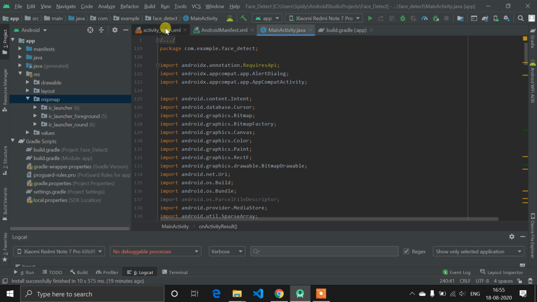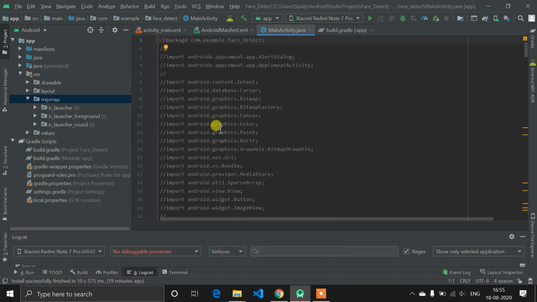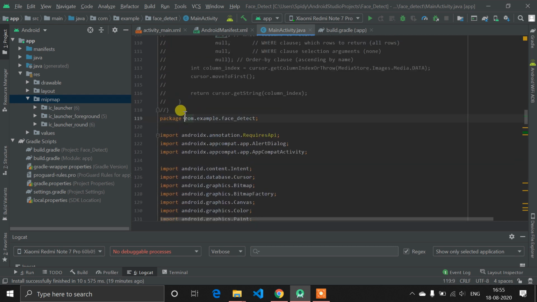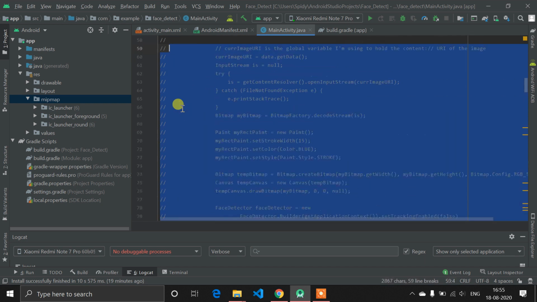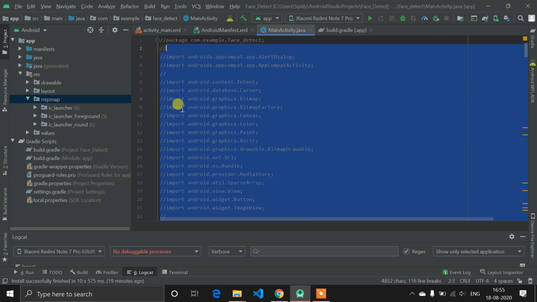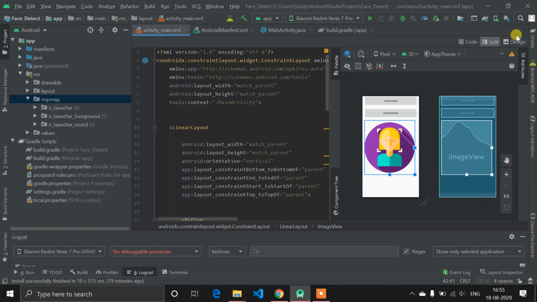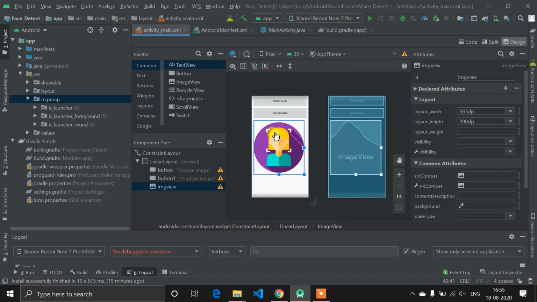First of all, you need to create an Android project. You don't need to do many things here. Just create an Android project and choose the empty activity. First let me clear this commented code. Just choose an empty activity, and you will get a screen like this. First let me open the design. In the middle of the screen, you will see Hello World written. Now we need to do the designing here.